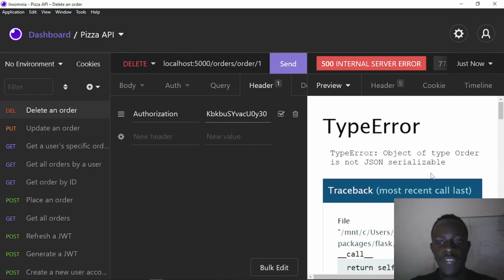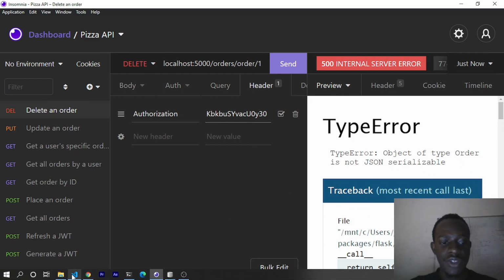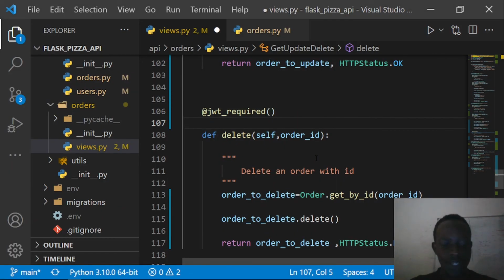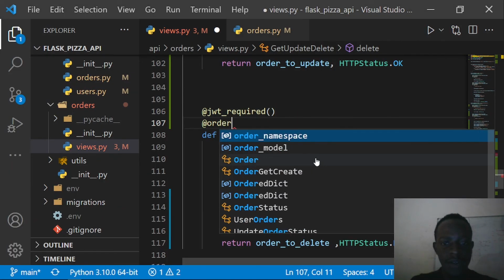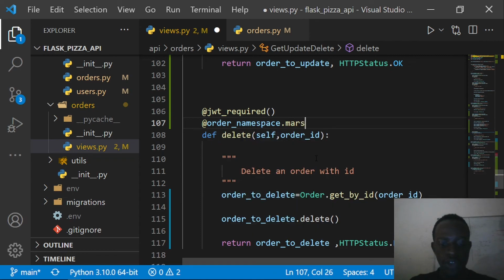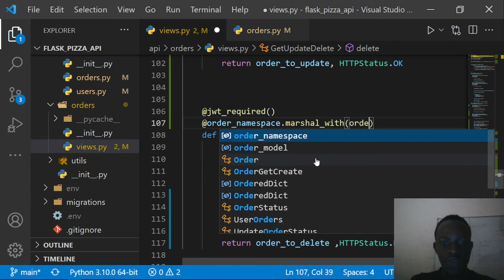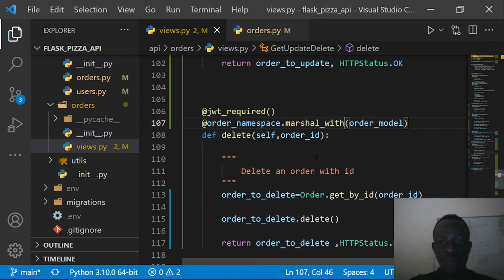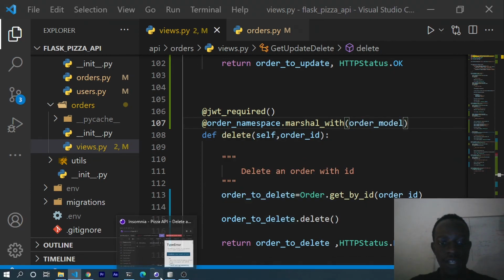Object of type order is not JSON serializable. So I can actually use our order. Let me say at order namespace dot measure with, and then we shall specify that we want to measure with our order model. When I save this and try to send this request,